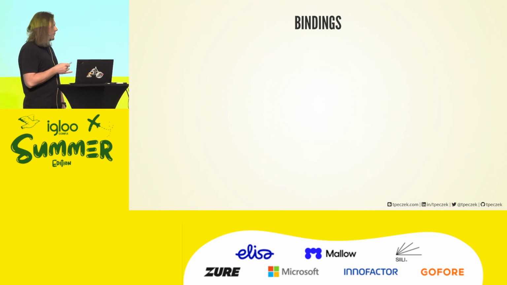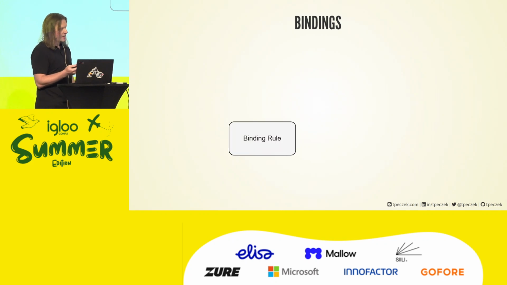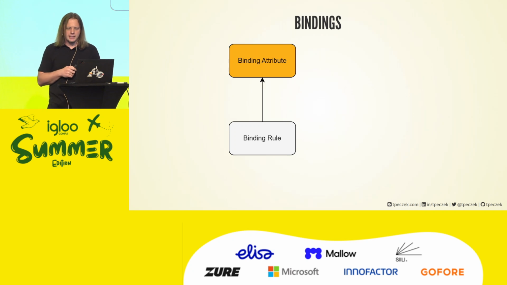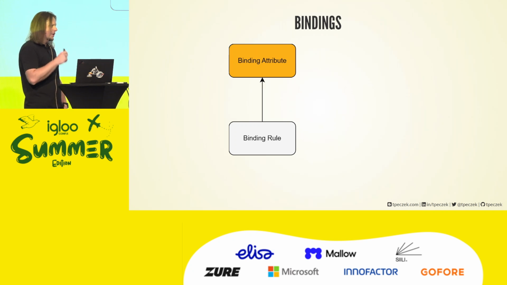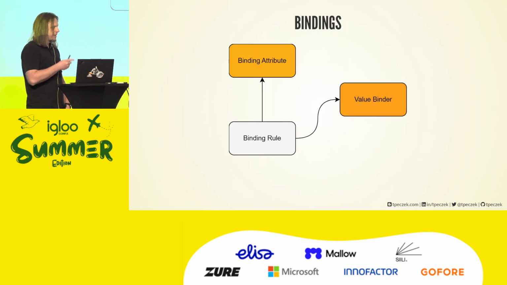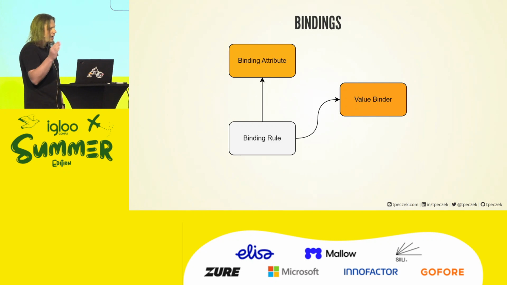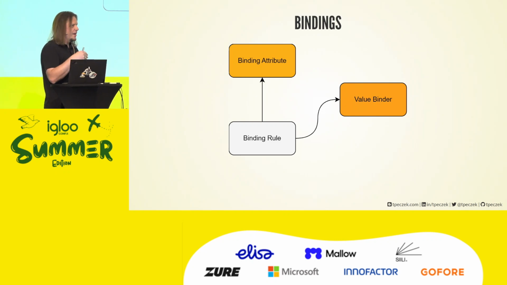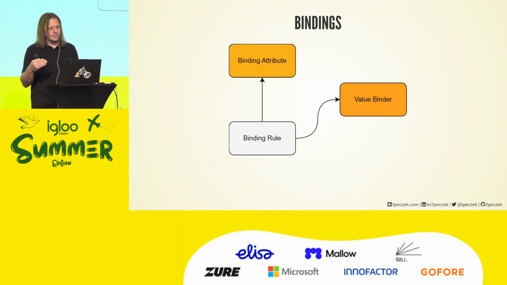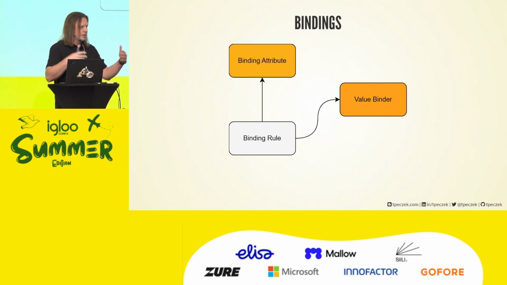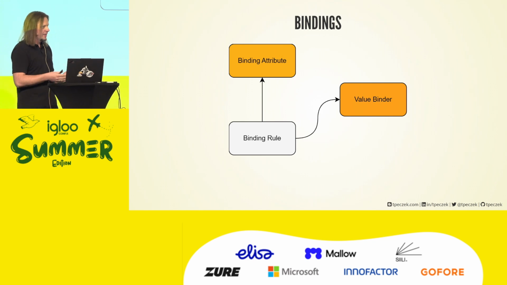Internally, they are represented by something called a binding rule, and that's just a mapping container. It maps that attribute that represents the binding outside with different components responsible for integration. That can be either a value binder. A value binder is responsible for in or in and out integrations. And those in and out ones are something that you are very unlikely to see, right? This is basically a heritage of programming languages that generally support in and out parameters, but we no longer use them, right? At least, not often.